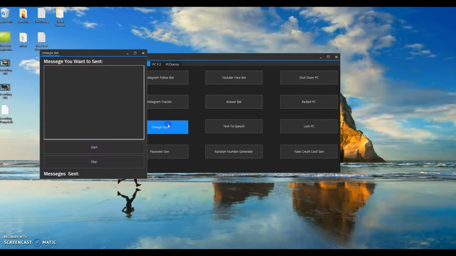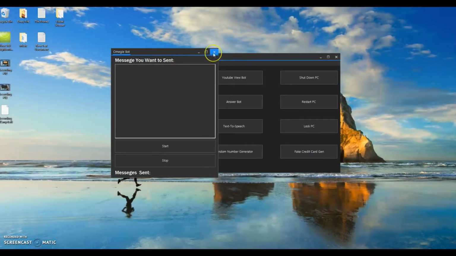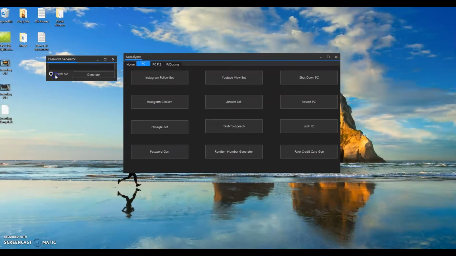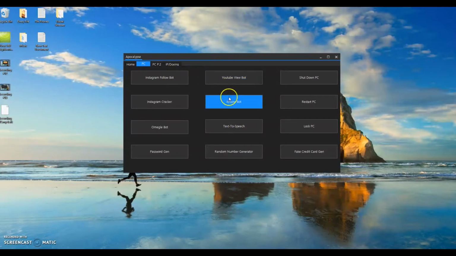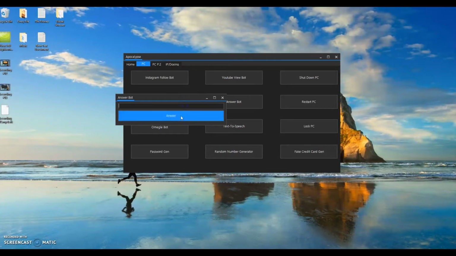Instagram cracker, Omegle bot, and a password generator, so instant that right when you press it, it generates the passwords. This tool has so much coding in it, but it is really fast, which is way better than the other tools, because the other tools do not have this fast support.